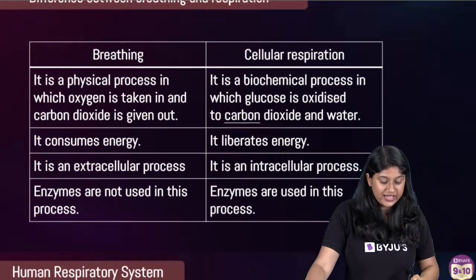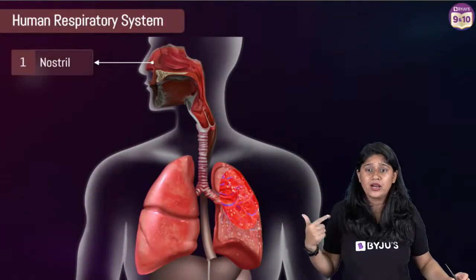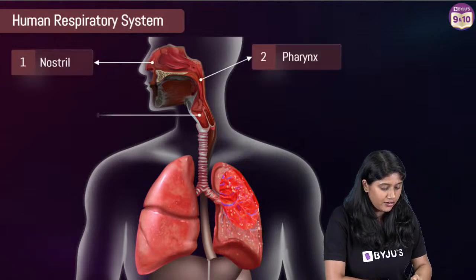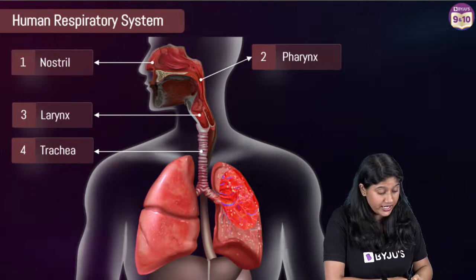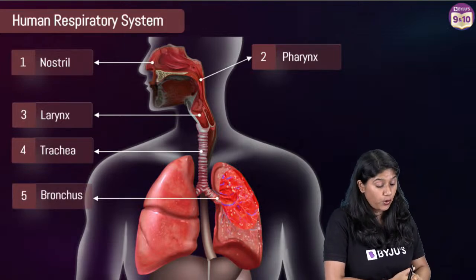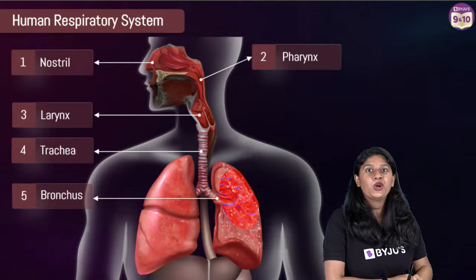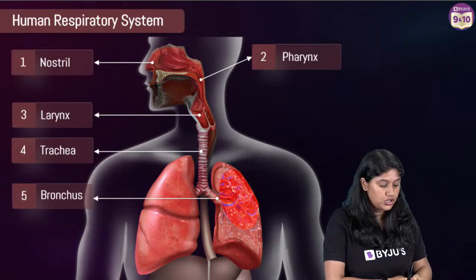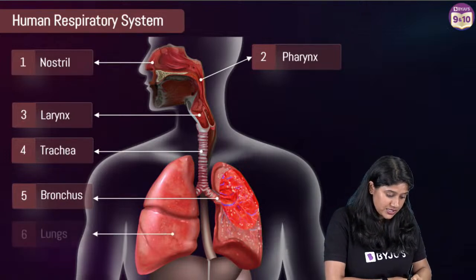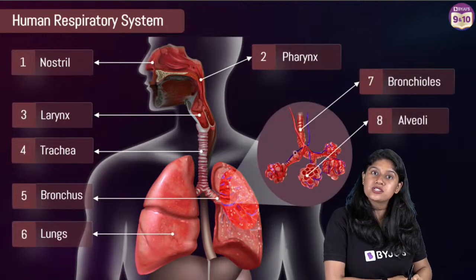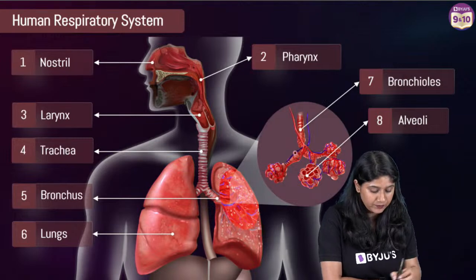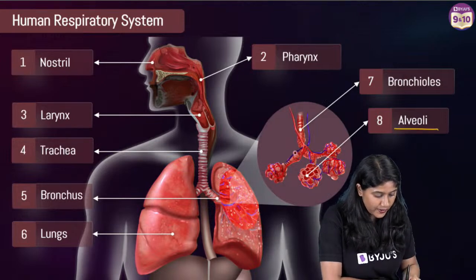Okay, let's quickly recap. So, of course, in our respiratory system, we have nostrils. The common passage is called the pharynx. Then we have the larynx, where the voice box is. Then we have the trachea, through which the air will pass into the lungs. We have the bronchus. We have the lungs, and of course, we have the bronchioles. And on the bronchioles, right at the end, we have the alveoli. And inside the alveoli, everyone, what we will see